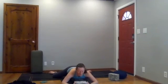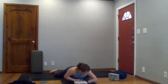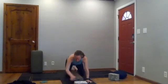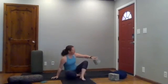Make your breath slow and steady. Two more deep breaths right here. And then use your hands to support you to push yourself up to your seat. You can set your bolster aside, you can set your block aside and come all the way down onto your